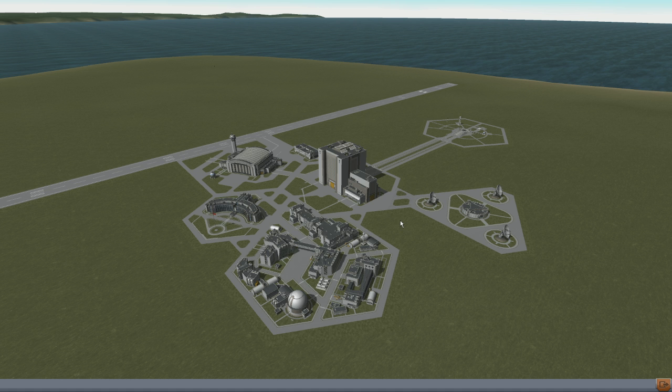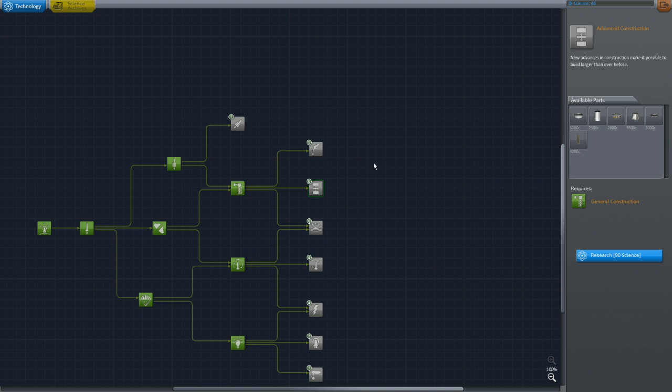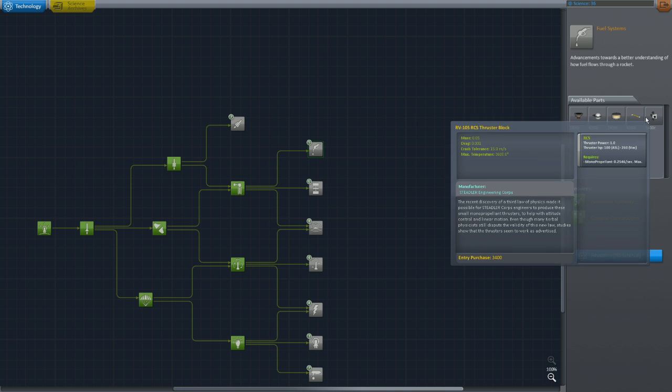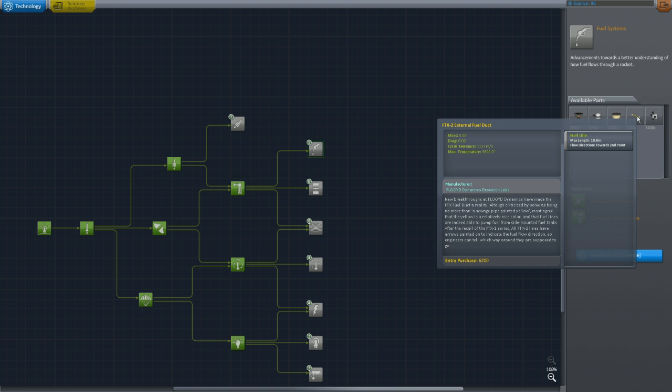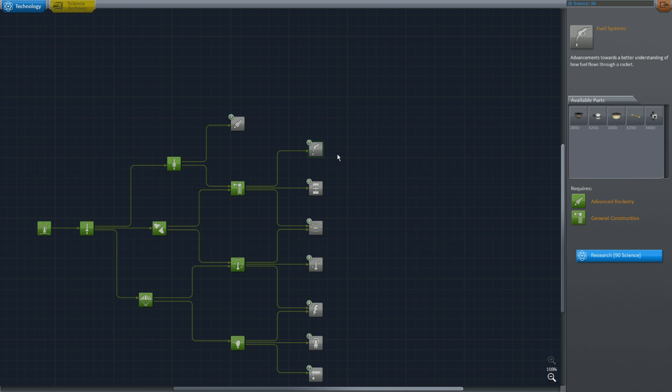Right. Ideally, what I want to do is get to a position where I can get these things here. See? These external fuel ducts, so that I can actually then start doing thrust maneuvering and all that kind of stuff. But I need advanced rocketry in order to do that. So I've got to get that one first, and then I can go for that one. And that one's going to be like 90 science. So, what we've got to try and do